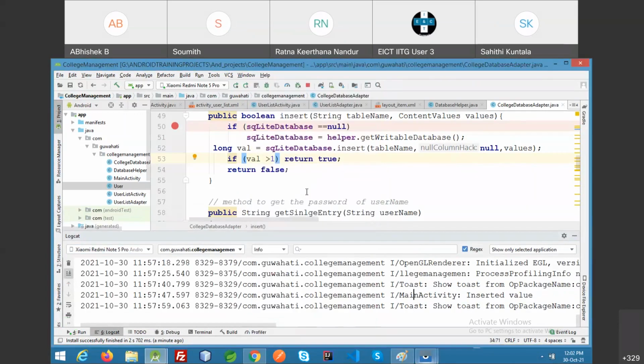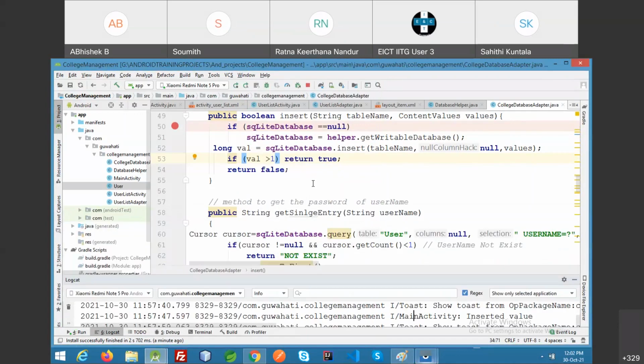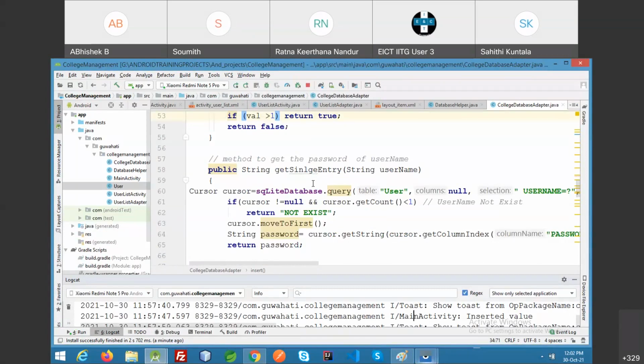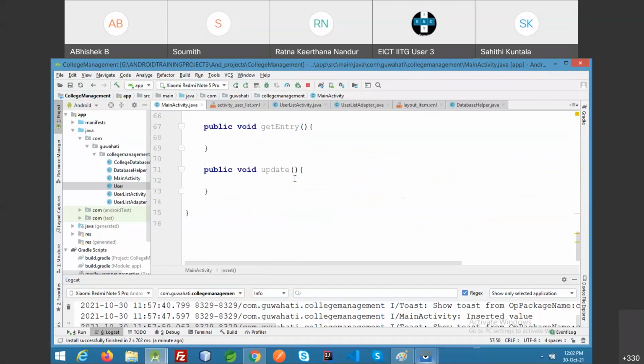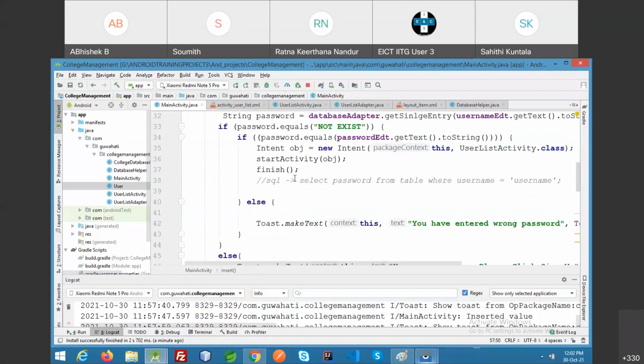Now, let me check if there is any other issue. In debug, is there any issue? The main activity. I'm checking here.